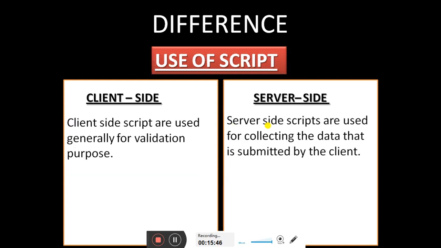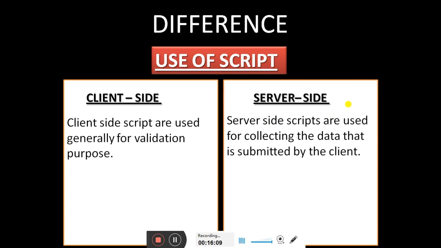Now, use of script. Client-side scripts are used generally for validation purposes, to check the errors on the client side. Server-side script is used to collect the data that is submitted by the client. For example, if we are filling a form, there is a validation process on the client machine only.